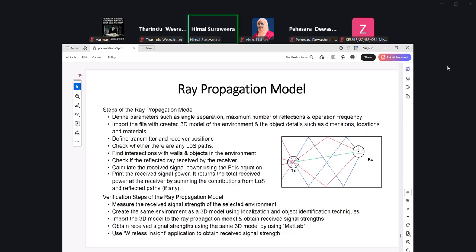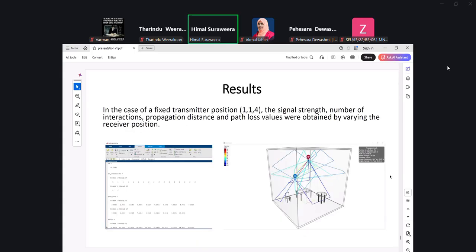As I told you, from the transmitter location we launch many rays, and we allow them to bounce off the walls or the obstacles, and then we capture the rays that are received through the cone of the receive antenna. Signal received. Based on that, we can calculate the receive signal power. So that is what we did.